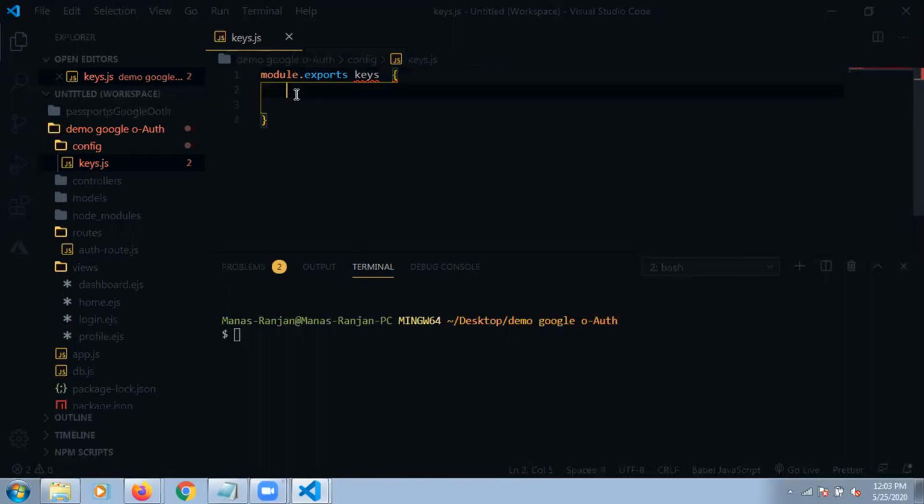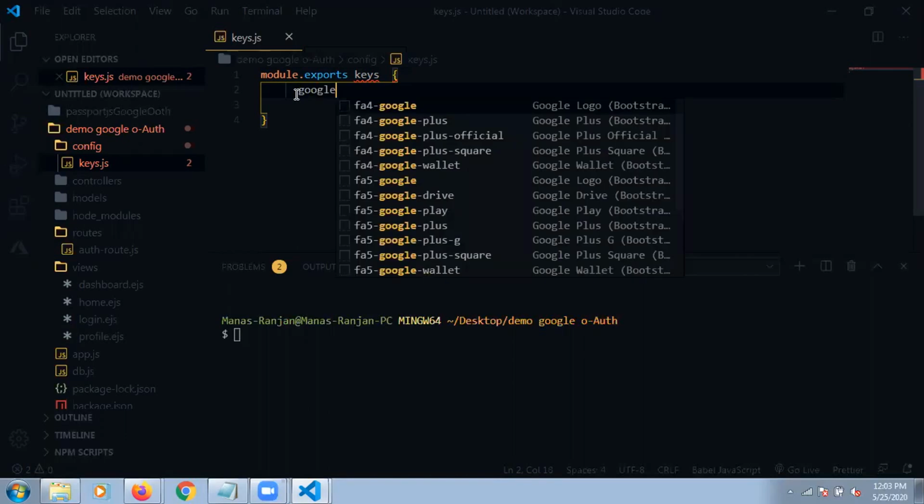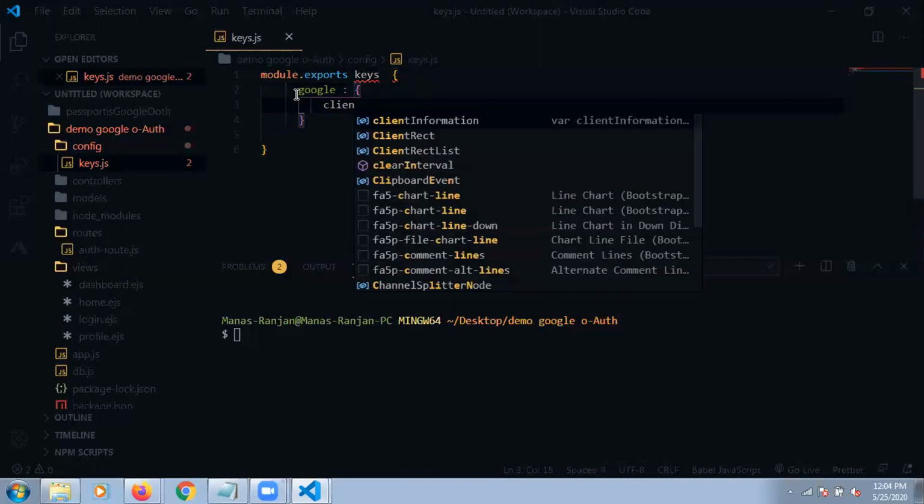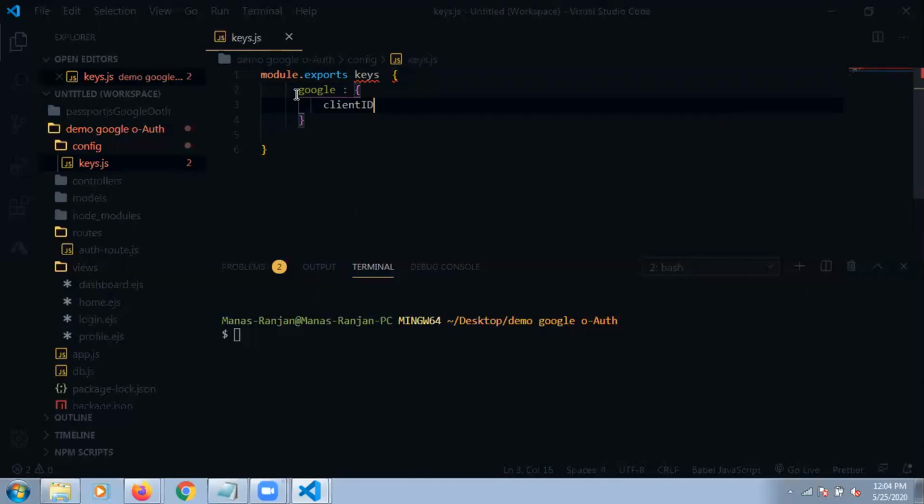I'm making an object with Google inside it. I'm passing all the object keys, that is the client ID. This is the client ID, and it is also an object.